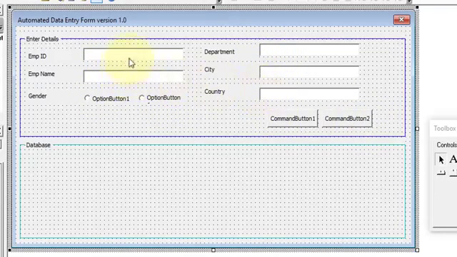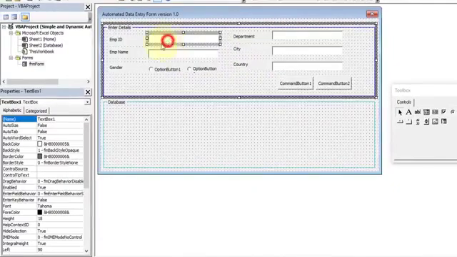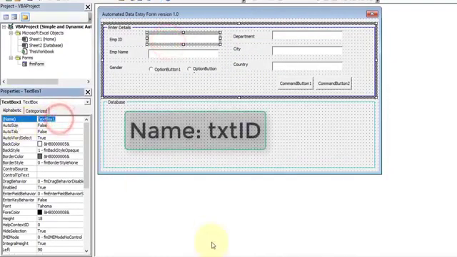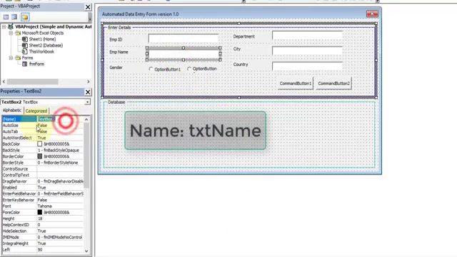Let's quickly change the name and the caption for each and every control here. This is for employee ID, so let's give it txtID. This is for employee name, so txtName.